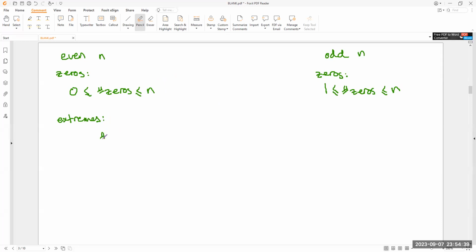So how about I just write this down? The number of extremes is: there must be at least 1 hump and a maximum of the degree minus 1 hump. For odd,